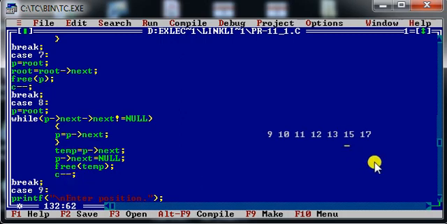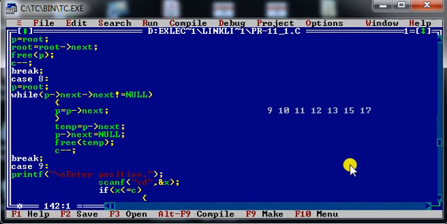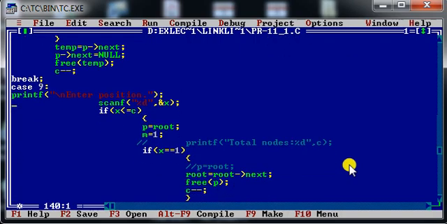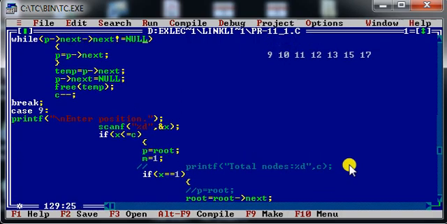I hope you understood the deletion operation from the beginning and deletion operation from the end. Now we are moving towards our next operation, that is deletion from the desired position. In this case, first of all, we need to always remember that position cannot be negative or 0, right?